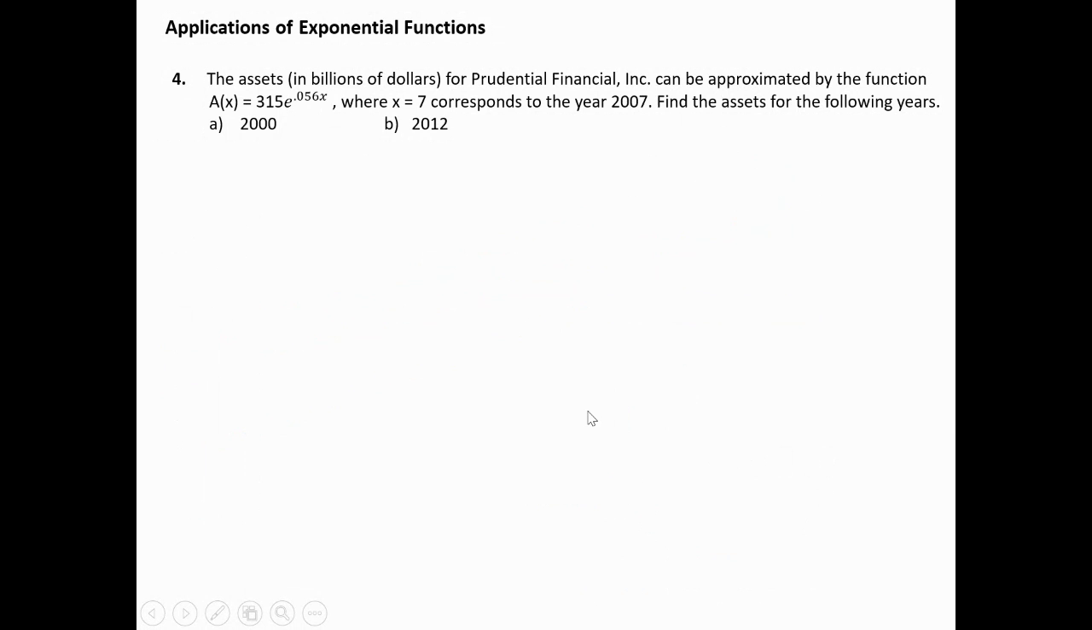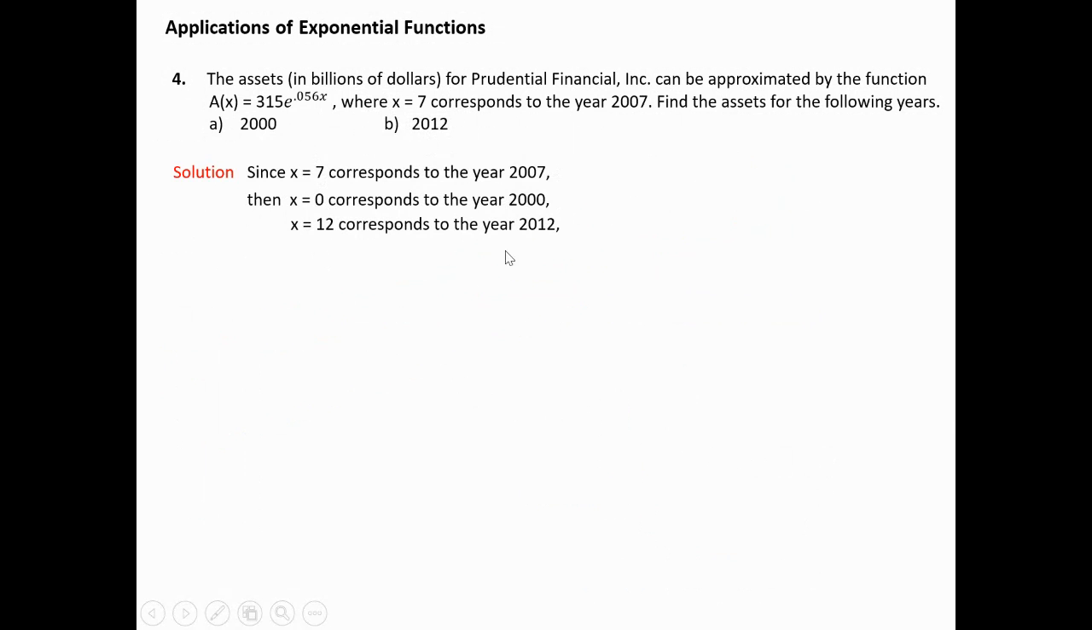Okay, now, how do you apply it in real life? So here they're going to give you a word problem. This is number 4. It says the assets in billions of dollars for a Prudential Financial Incorporation can be approximated by the function A of x equals 315e to the 0.056x, where x equals 7 corresponds to the year 2007. Find the assets for the following years. So since x equals 7 corresponds to the year 2007, that's what it says here in the problem. So then when x is 0 corresponds to the year 2000, and when x is 12 corresponds to the year